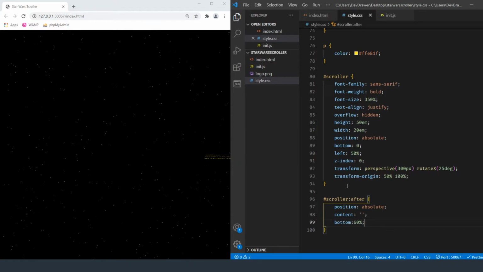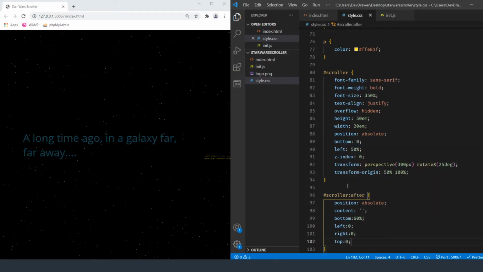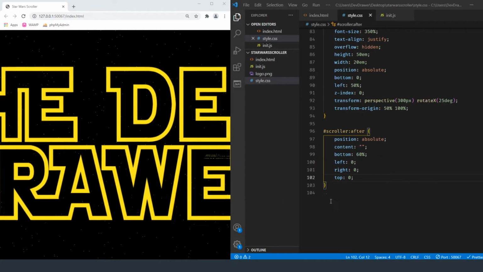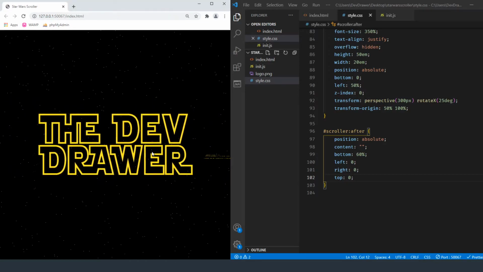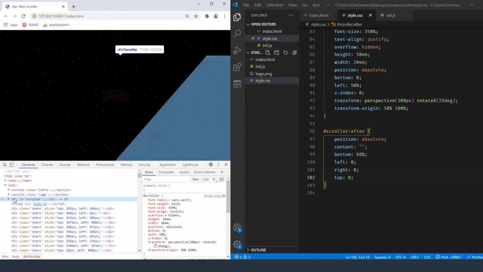We want to push it down a little bit. Then we're going to do left 0, right 0, top 0, just to give it some of that position that we're looking for. Okay, so we're getting there. It's not quite where we want it to be at yet, but it will be in just a moment. Okay, I think. So why is it over here? I need to see. It feels like it's not. Okay, it's listening there.